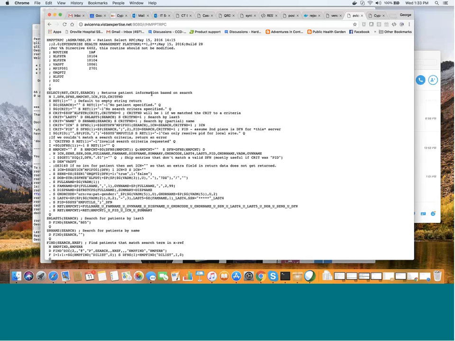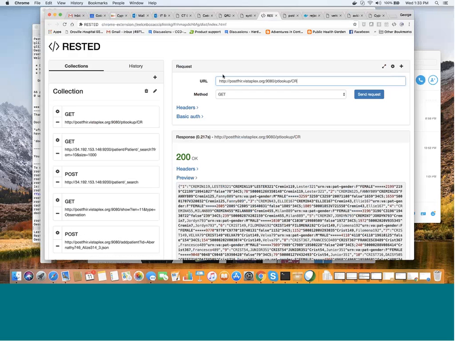There's another remote Vista system that has the patients on it. Then what we'd like to do is to be able to make a call from MUMPS using the RPC broker, or using some facility, to have the RPC execute at the Vista system that has all the patients on it. So I have a Vista system with lots of patients on it, and I set up